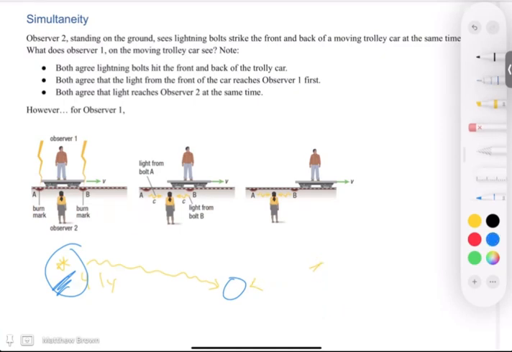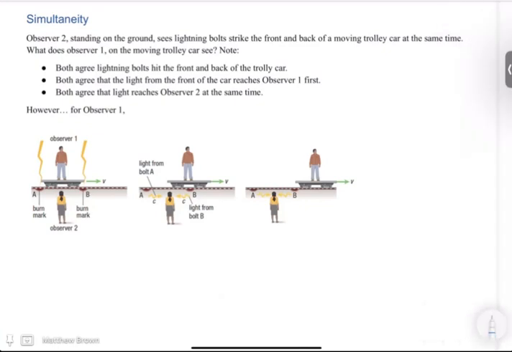So anyway, let's take this to an event. Okay, so we've got observer 2 standing on the ground. What observer 2 sees, and this diagram hopefully shows it a little bit, is, it doesn't really matter that it's lightning. It could just be a light that turns on. So observer 2 sees lightning, if you will, hit both the front and back of this trolley car at the